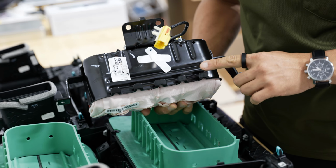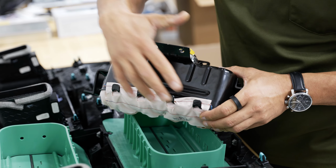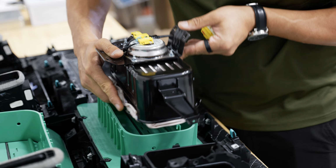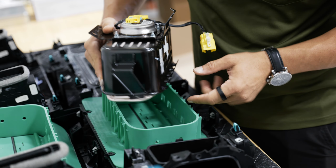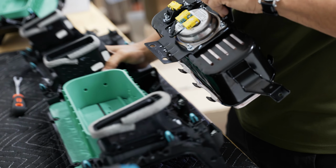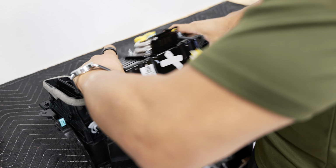Just like that. So you can see the side with the 5 clips. You may be able to pry from this side, but I find that it's easier to do it from the side with the 4 clips. It gives you a little bit more room to work. Once you're free on that side, you're basically twisting it out of the slots that are in this bracket here. So once you have that off, you can set your old dash bezel aside, grab your new bezel, and